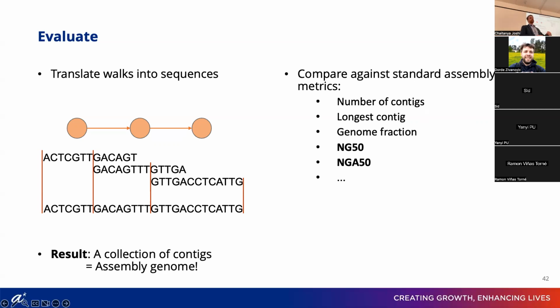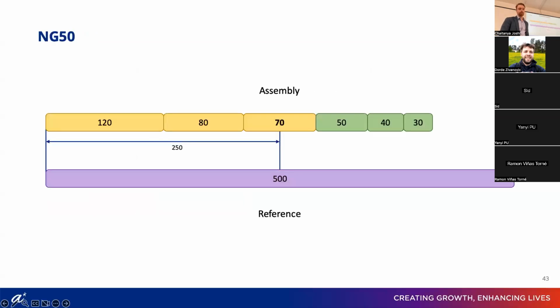Number of contigs, meaning number of fragments in the genome, the length of the longest contig. Genome fraction is the portion of the genome that we have covered with our assembly. NG50 and NGA50, which are perhaps the most indicative, and also the most difficult ones to explain. So we'll start with this. In a way, they're both kind of the medians